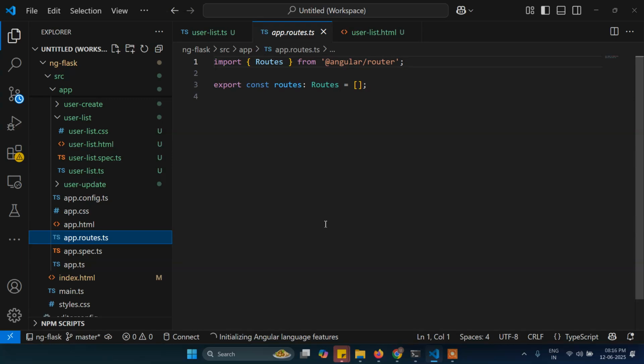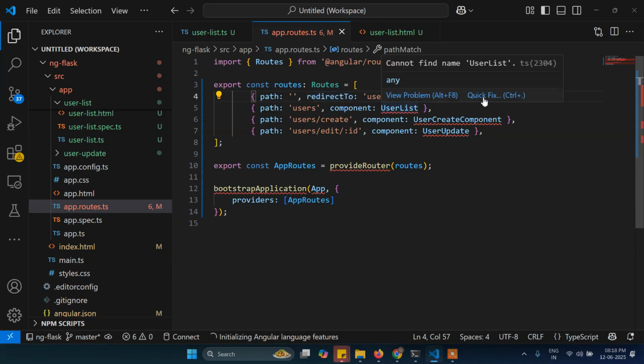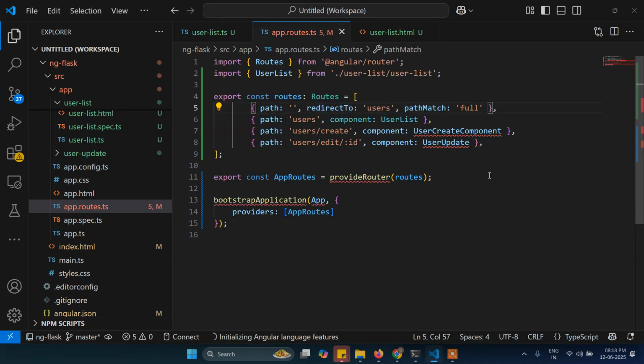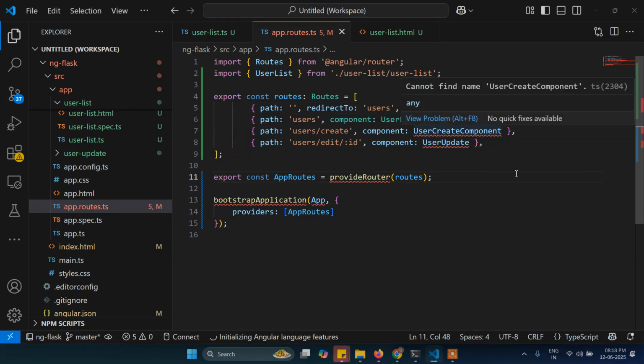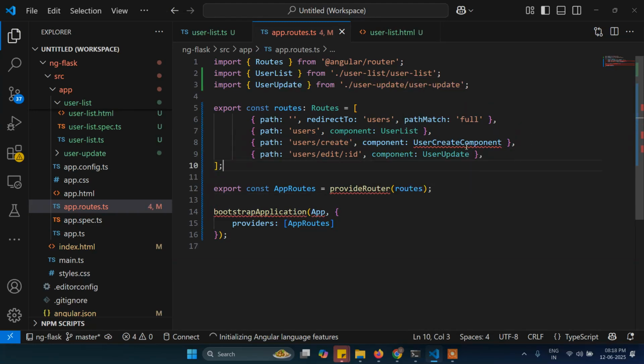And now let's write here all the path. So what we are doing, routes, then we are calling here users pool, and then user list that we have just created, let's call it, and then this one is user create component. Alright, so this is not available, it says, and we have to call user update, and then user, okay, the